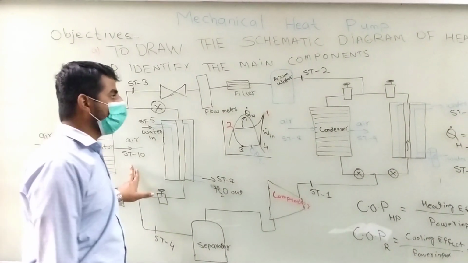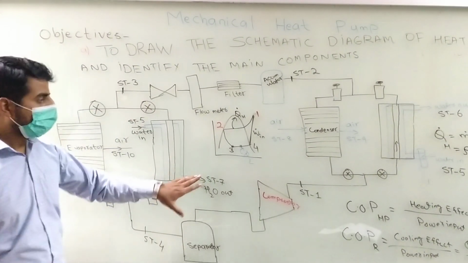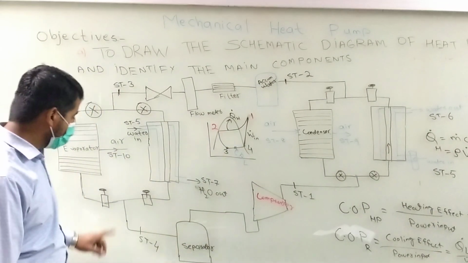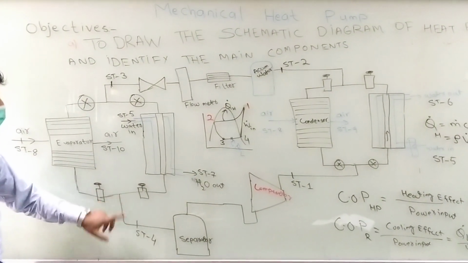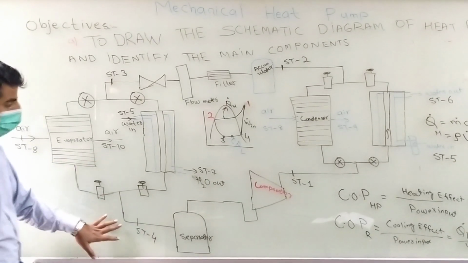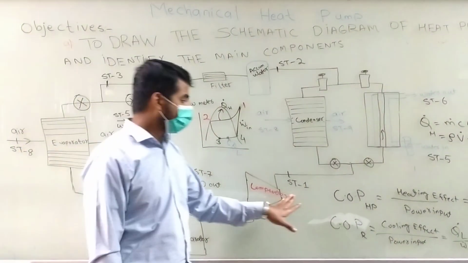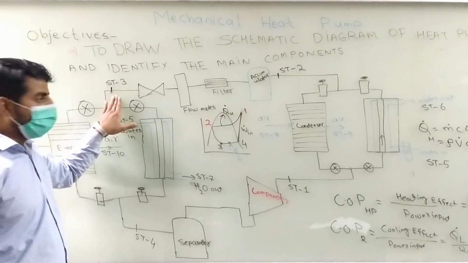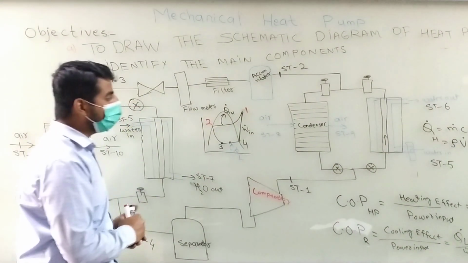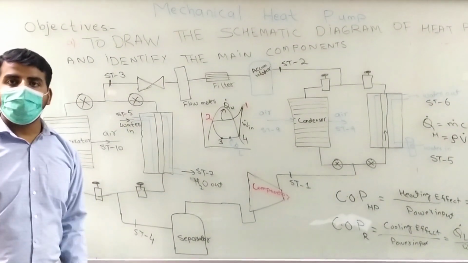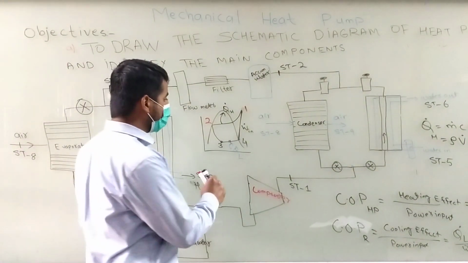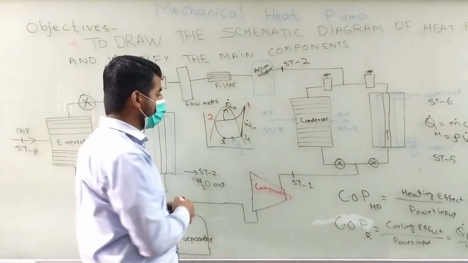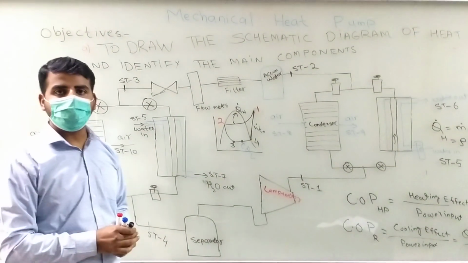ST5, 6, 7 are related to the water, and ST1 to ST4 temperature sensors basically give you the 4 temperatures of the refrigerant. ST4 is after the evaporator, after the compressor we have ST1, after the condenser we have ST2, and after the expansion valve we have ST3. Okay, these temperatures you can read from there. Using these 4 temperatures you can basically draw the cycle. You have to draw the cycle because there is only 1-to-1 correspondence at 4 and 1, so you need 2 lines. There is no need of pressure, but the pressure reading will be given to you as well.